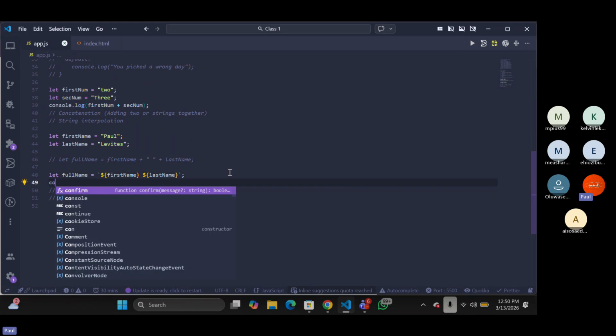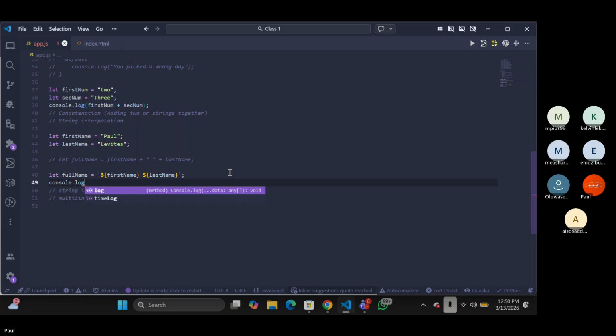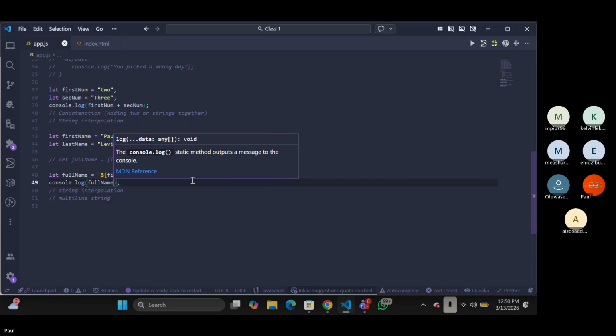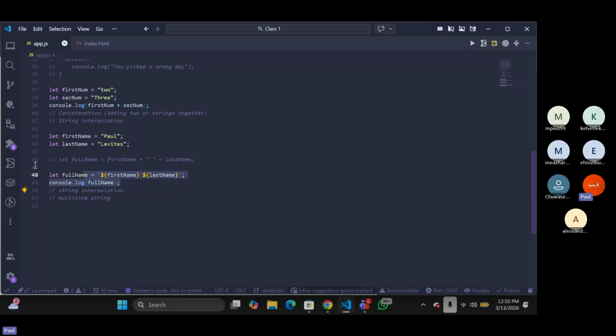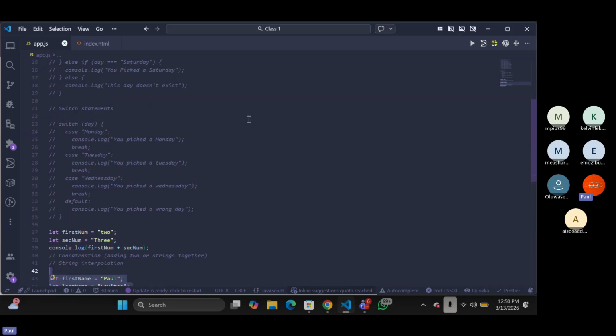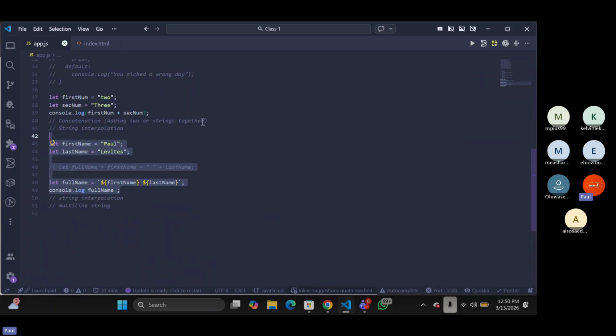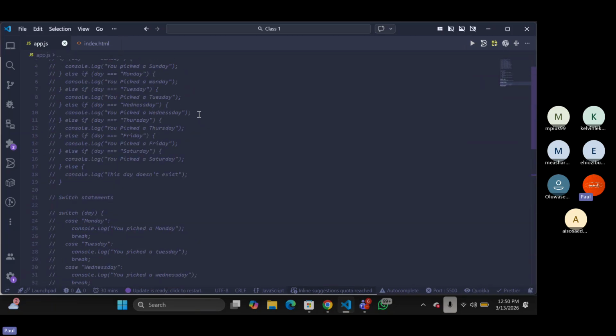So console.log, I'm going to have full name. Please, it's very important that we all understand the syntax. That's why I'm doing it again. It's very much important. So now that's what string interpolation is. Now, why am I explaining this now? I'm explaining this because